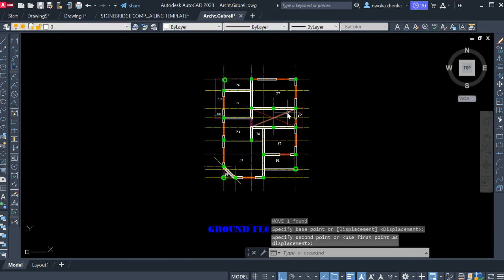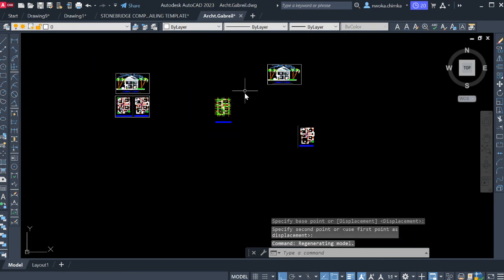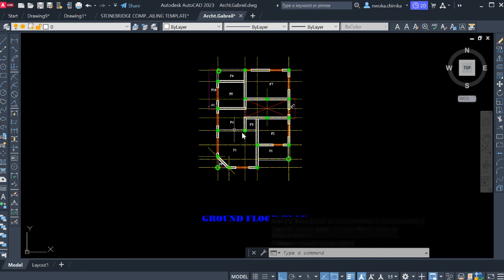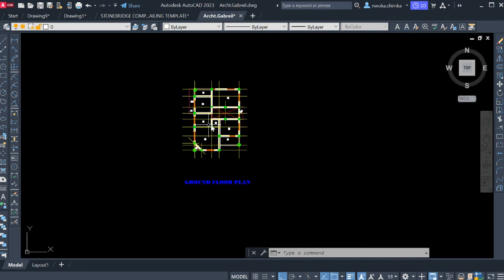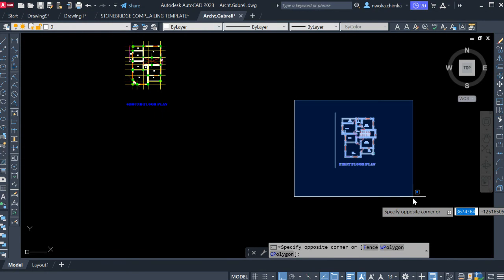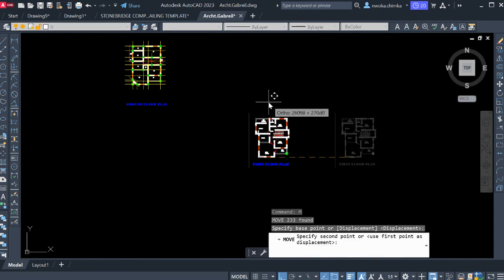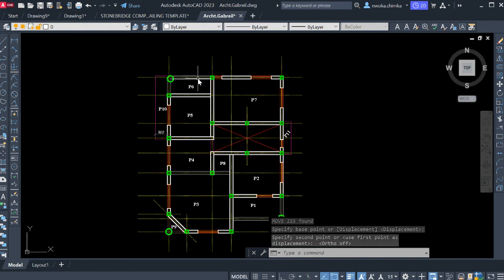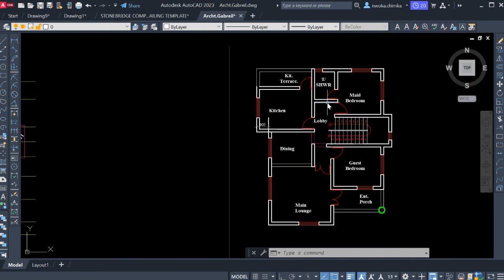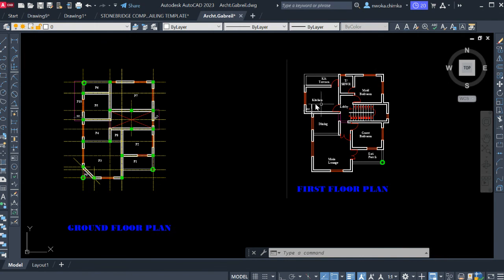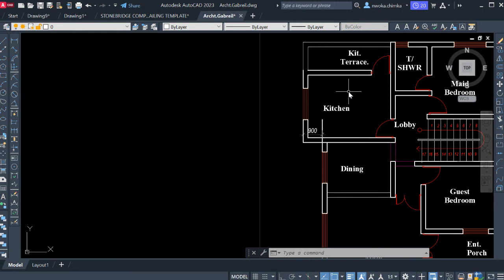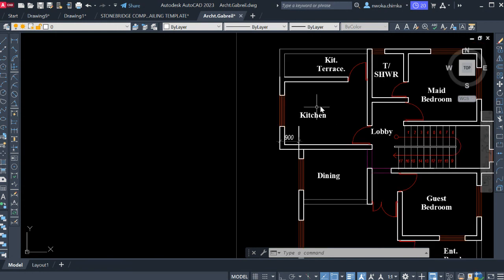Now, to export this floor plan to ProtaStructure, you can see that we have many plans right here, but what we want to export is only this plan that we have done our structural framing. But before we do that, you should know that we have a first floor plan. So what we'll do right now is superimpose these columns onto this first floor plan to see if both plans are equal, or to see if any column is coming out on empty space, so that we can take note of that column, so that when we go to perform our structural design, we can find a way to remove that column from empty space